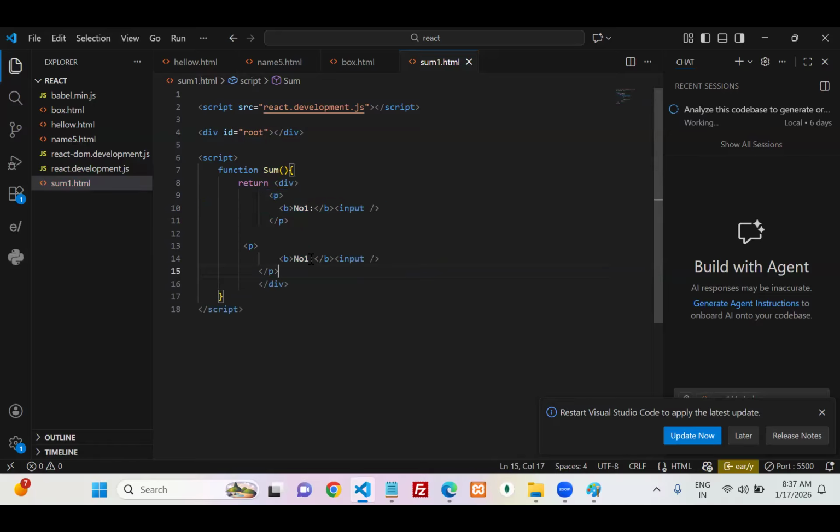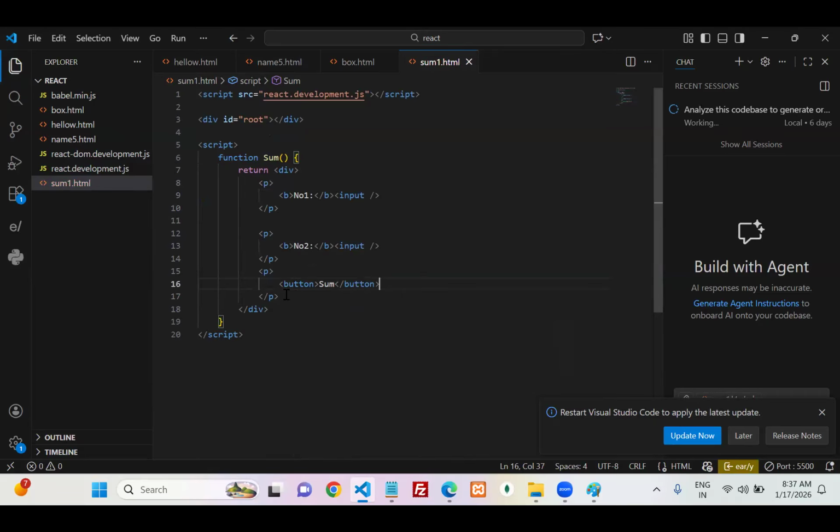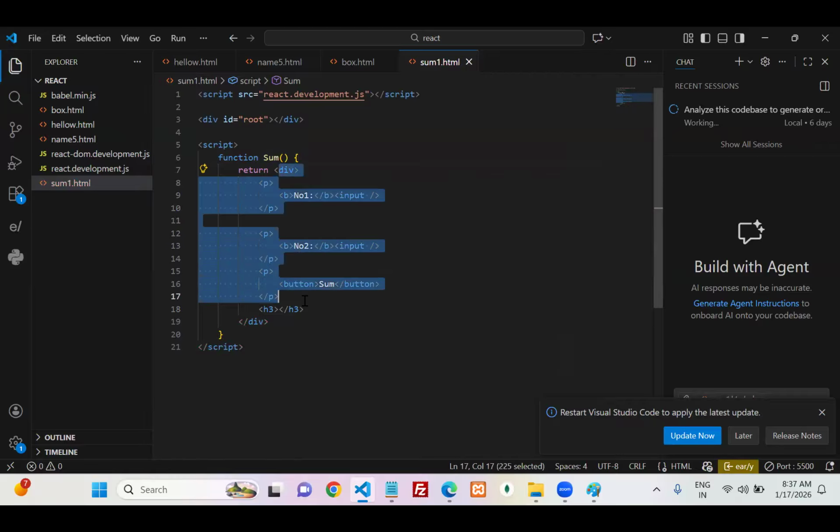Two. I need one more para. The next one is a button, sum, close my button. Done. And here I want to place my actual result. Done. My template. Whatever code you have written, terminology wise, we can call this